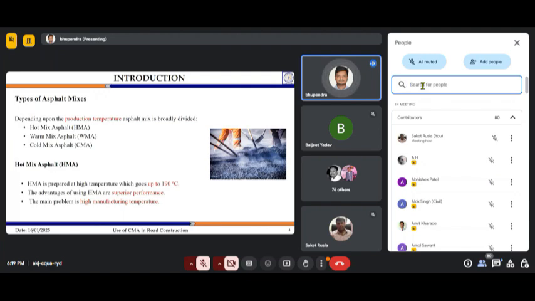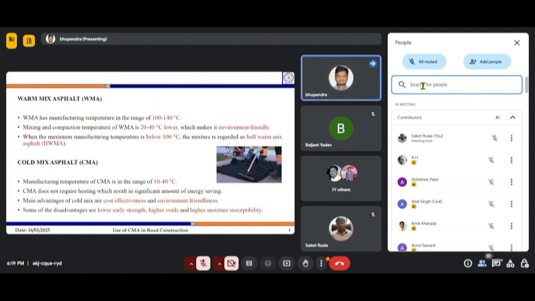One of the ways of doing it is bringing down the production temperature.